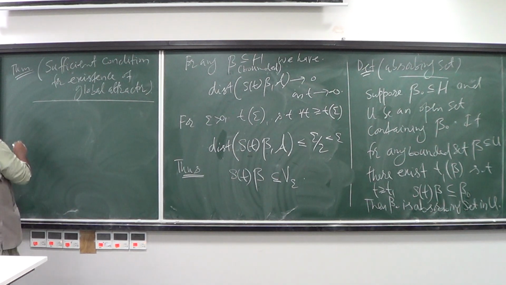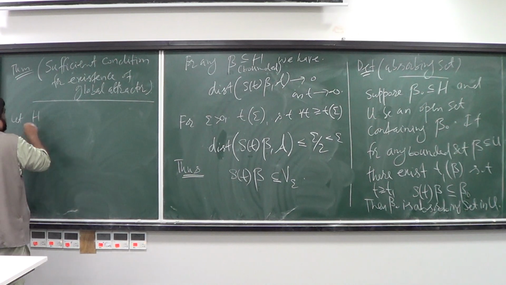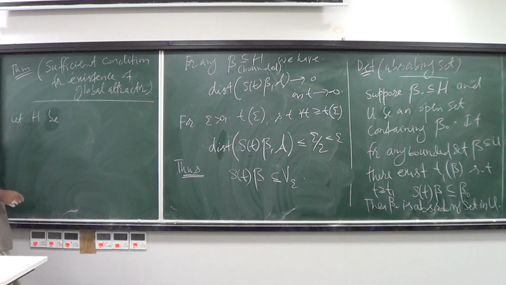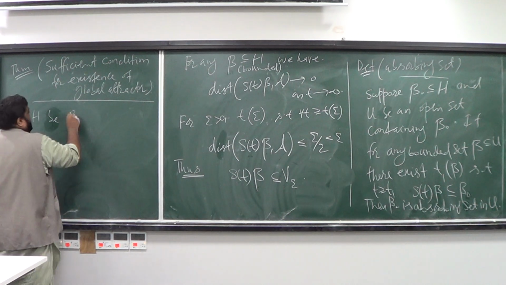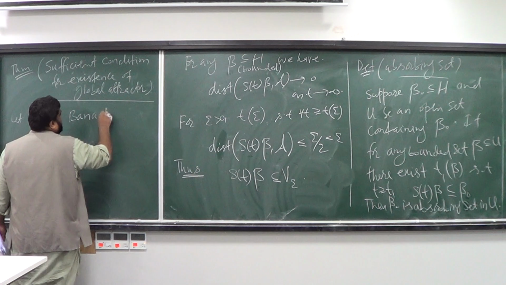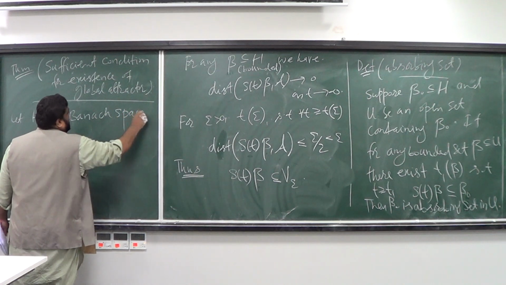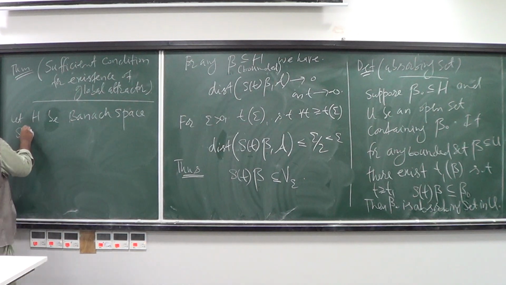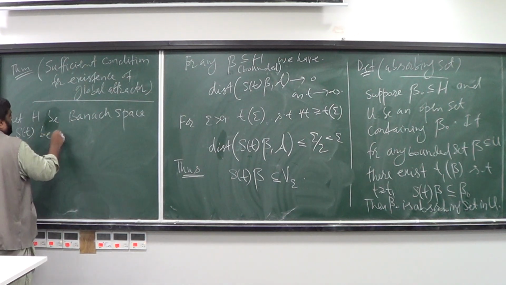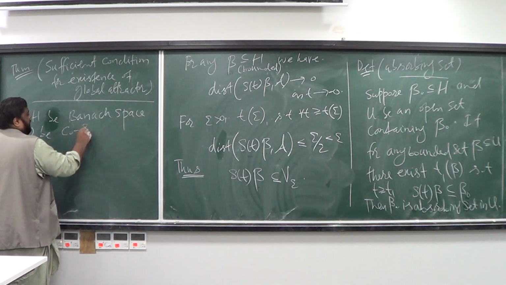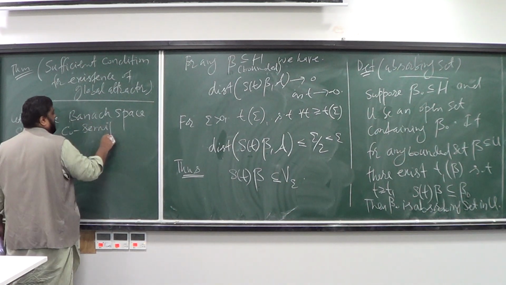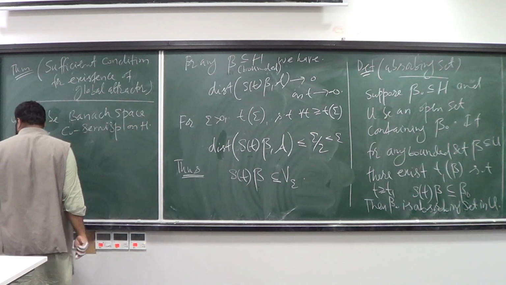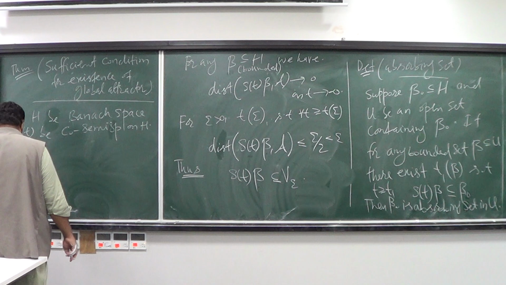For this result, we will assume that H is no more just a complete metric space, but a special kind of complete metric space: a Banach space H, and let S(t) be a nonlinear C0 semigroup on H